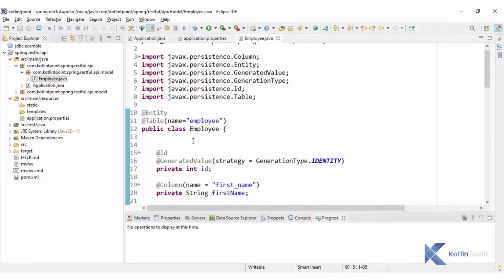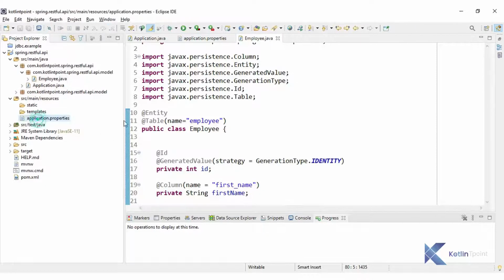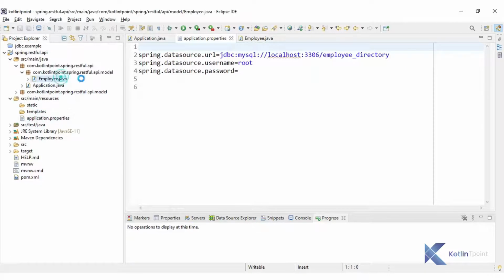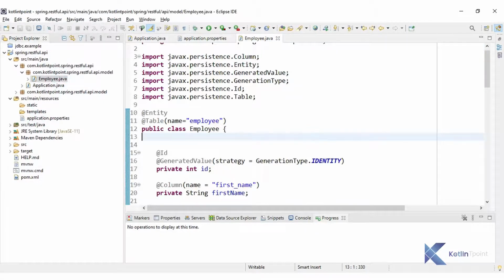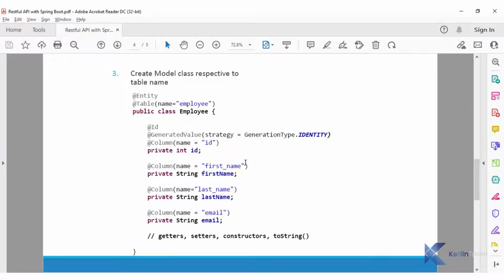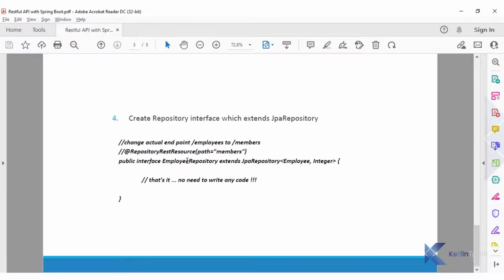So first we create a project, then edit the application properties, then after that our model class. And what is the last step? We have completed 3 steps. The last step is we need to create an interface respective to your table again.